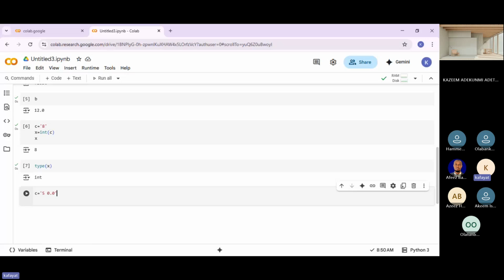When we get to loops, we are going to do a lot of string manipulation and formatting, because a string is also like an iterable format. You can iterate through a string. So now we are not going to be looking at strings in depth.